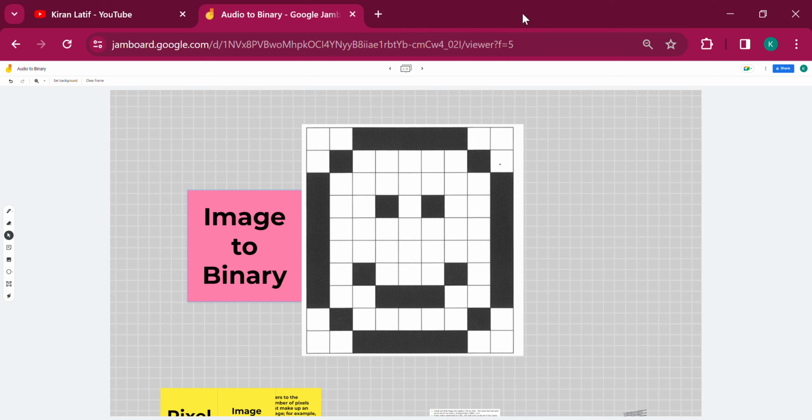Hi dear students, the topic of today's session is how we are going to convert an image to binary. Or in other words, how are we going to save an image into the computer? Definitely an image is in a form that cannot be stored in the computer. So whenever we want to store it in the computer, what the computer does for us is that it